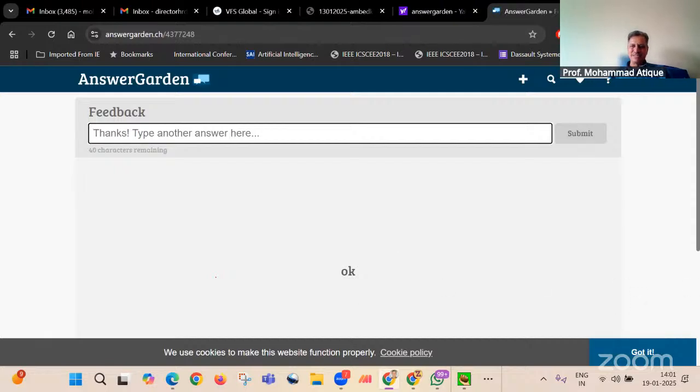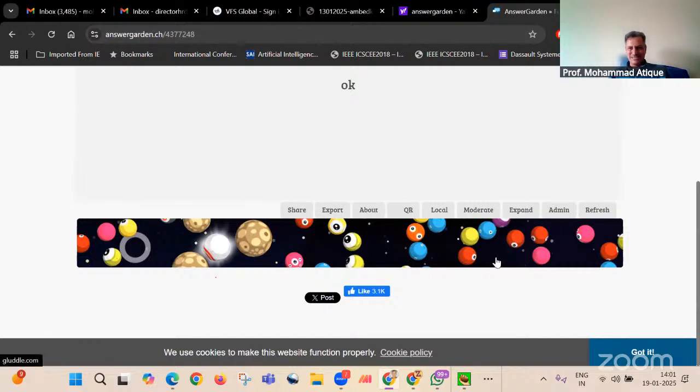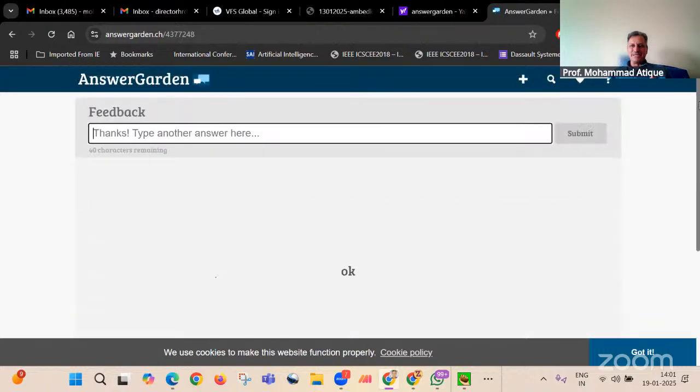Again, there are very many things which you can do. If you look at this, you can refresh it, you can expand it, you can even share the QR code with the student community or the participants, so that by simply scanning the QR code, they can fill in their responses, right? So with this, I think on the dot at 2 o'clock, we have finished our session. Okay, thank you very much for a patient hearing. If there are any queries, I'll be happy to answer.